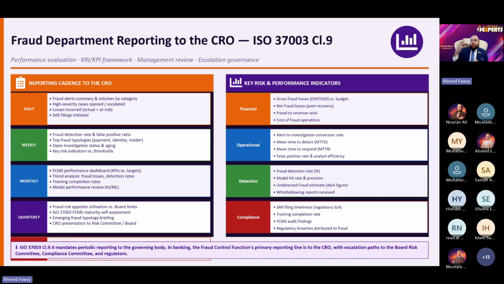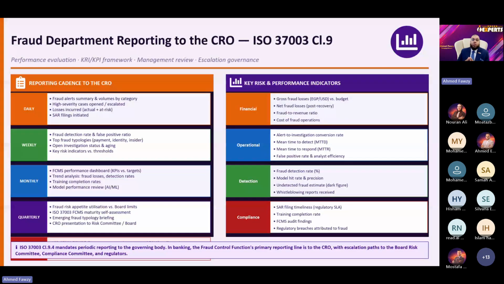Quarterly, you must also continue the trend analysis and the maturity self-assessment for the fraud control management system. Don't think that you will start with a level 5 maturity assessment. Maybe you will work on level 1 and level 2 for a period of time, then move to level 3 gradually. Finally, we recommend having some sort of KPIs,